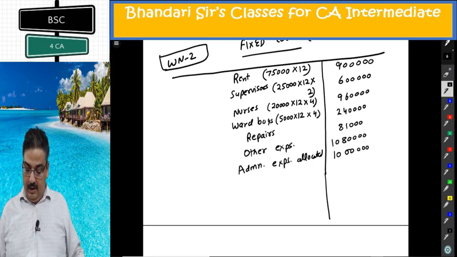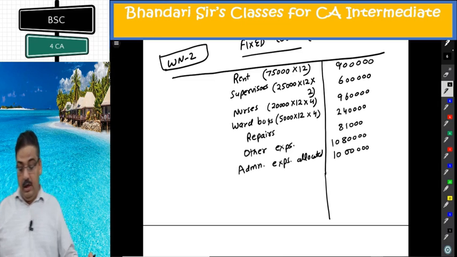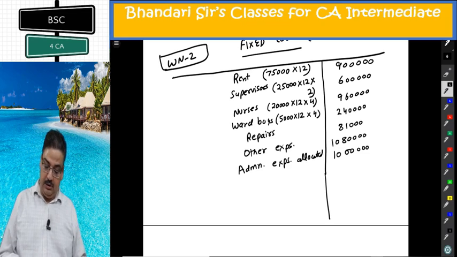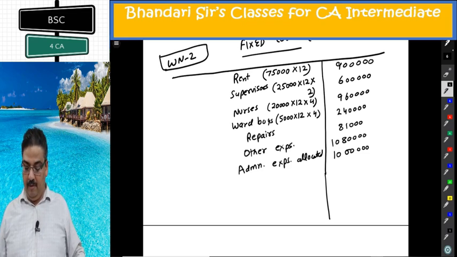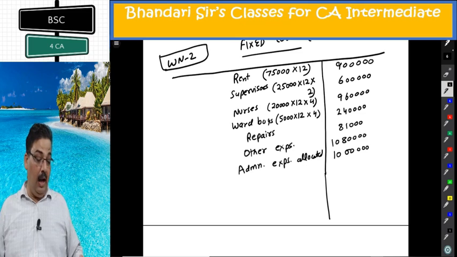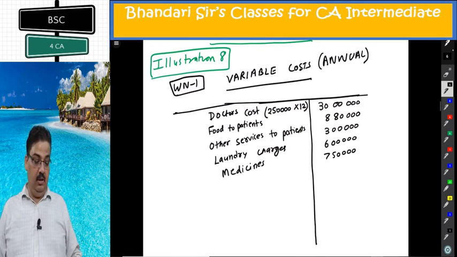It was estimated that for 150 days, 35 beds are occupied. For 80 days, 25 beds are occupied. That will come in the bed days later on. Company hired 750 beds at a charge of 100 per bed per day to accommodate flow of patients. However, these do not exceed more than 5 extra beds over and above normal capacity of 35 beds. 35 beds are already owned. You don't need to pay for them. But you are hiring extra 750 beds at a cost of 100 per bed per day.